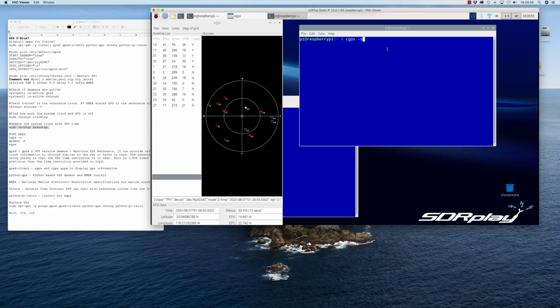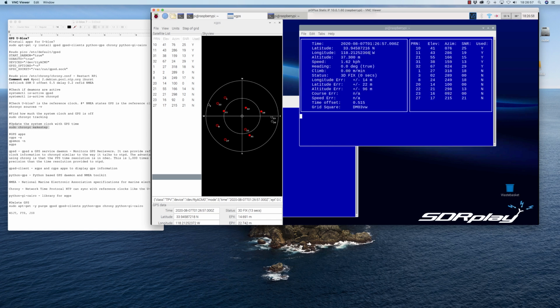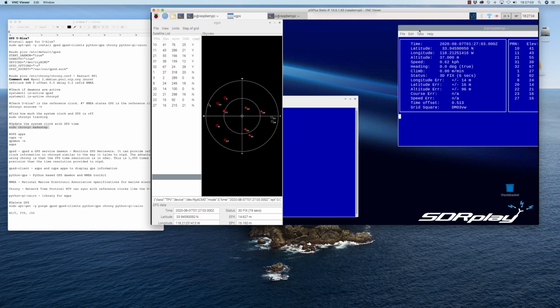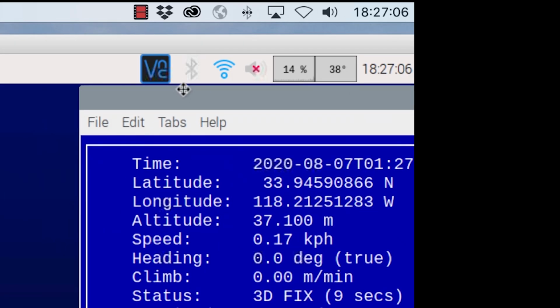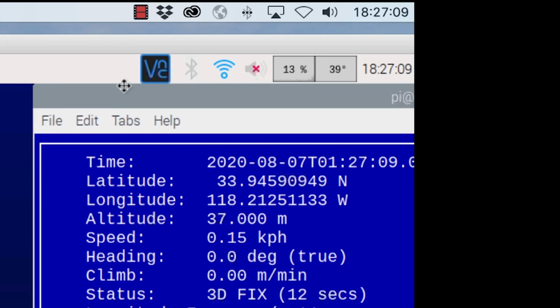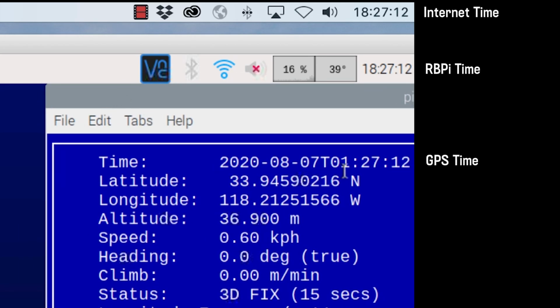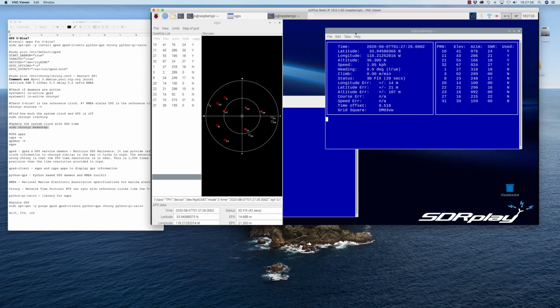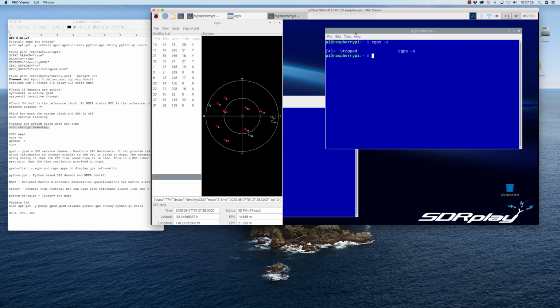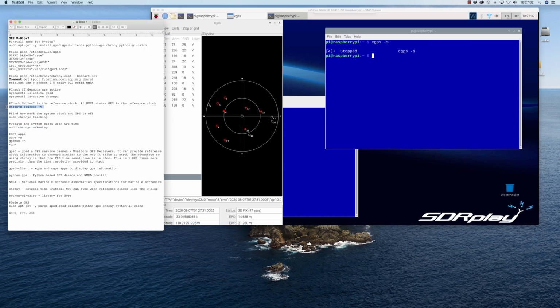And if you type in cgps, this is the time that the GPS is grabbing. Let's look at the seconds. It seems like the Raspberry Pi time is running faster than the GPS time, even though we know it's synced. We know it's synced, and if we cancel this, we know it's synced because if we look at the chrony sources,